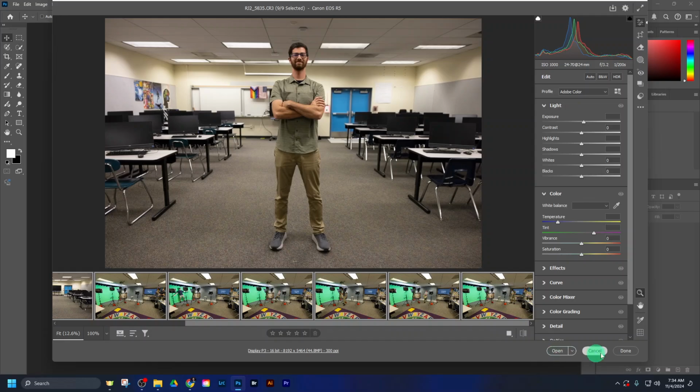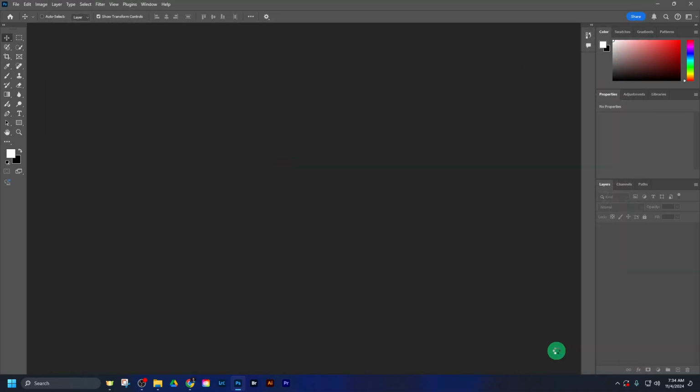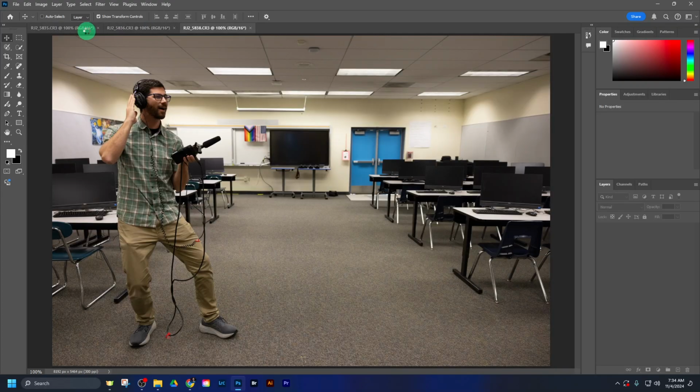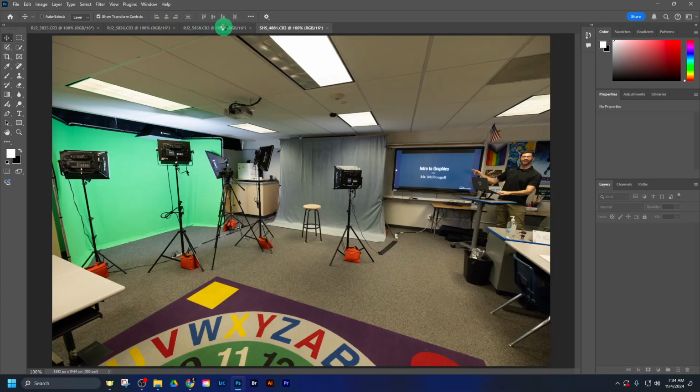So click Open. If you click Done, it'll just close it. It won't do anything. Make sure you click Open and make sure you have them all selected. If you only have one selected, it's only going to open one, and you'll have to start over. So if I click Open, now you'll see it's opening each one of them in Photoshop in its own tab, and you can start creating